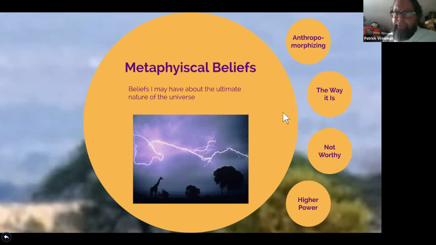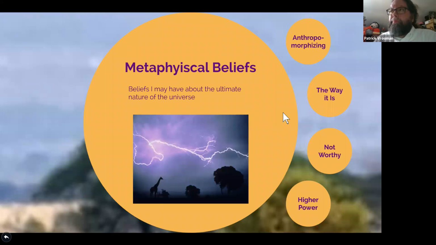And this one's kind of a little difficult, I think, for a lot of people. The dumbed down version of this is kind of your religious beliefs, okay? But it's more broad than that. Your metaphysical beliefs are your beliefs about the ultimate nature of the universe and how the universe works, okay? And little kids have this. They just haven't articulated it. They don't have the right words, which are my words, right? But they understand how the world works, how the universe works.